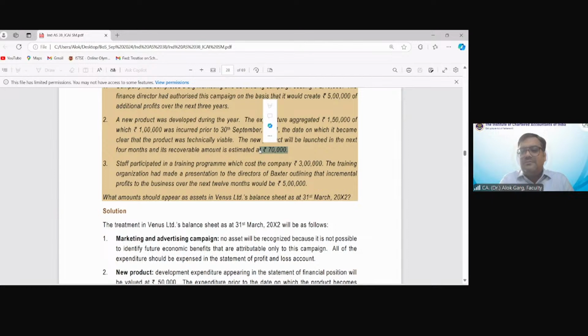It is an asset, sir, not an... Sorry, intangible. It will not be an intangible asset. No, if it would be 40,000, Nisha, in that case, you have to check the impairment. Your intangible asset under development is 50,000 rupees, but the recoverable value is 40,000 rupees. Then what happened? So in that case, you have to charge the impairment loss of rupees 10,000.